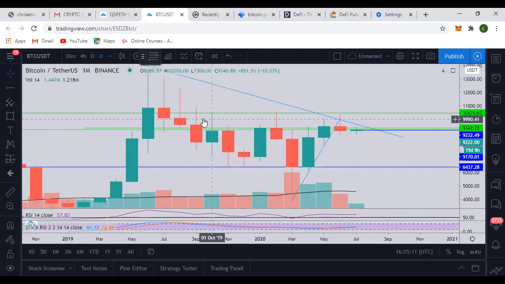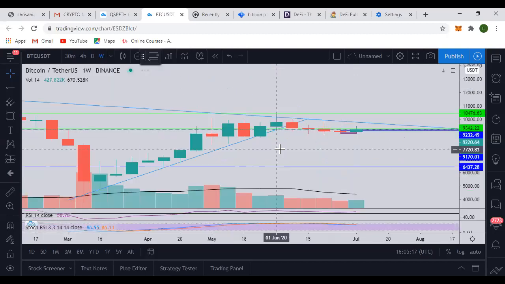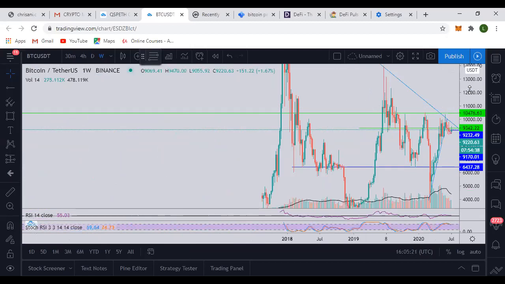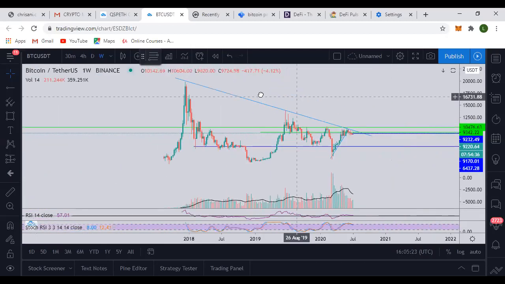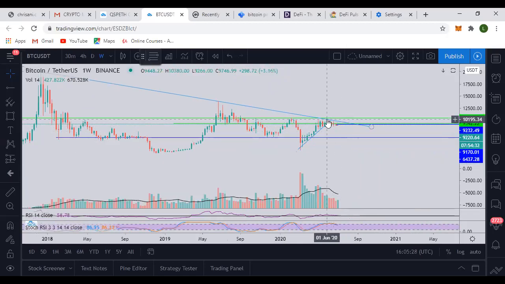After you analyze your monthly time frame, you come down. The next thing I do is come down to my weekly time frame. If I look at it on the weekly time frame, I see the same thing. The same downtrend is still there, telling you that whatever you're doing, you will not see price until price crosses this. Let me delete this.